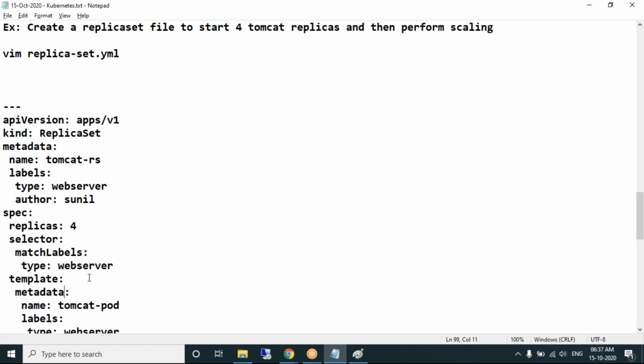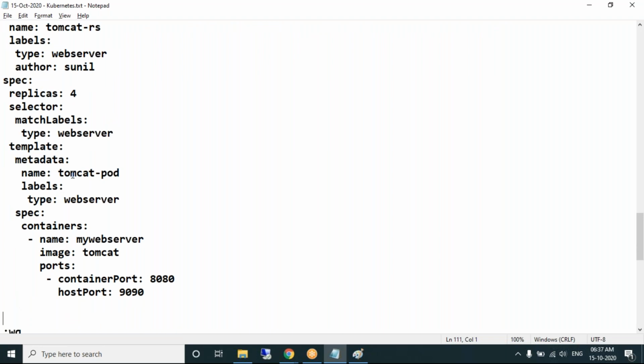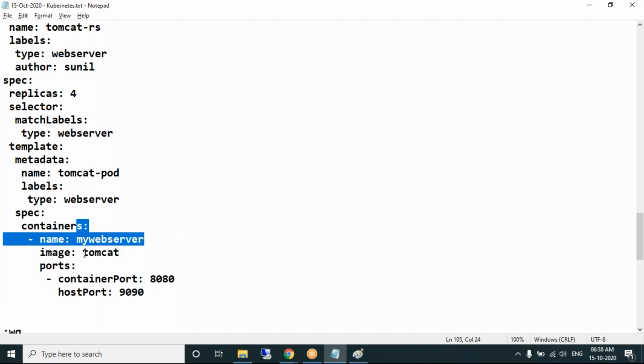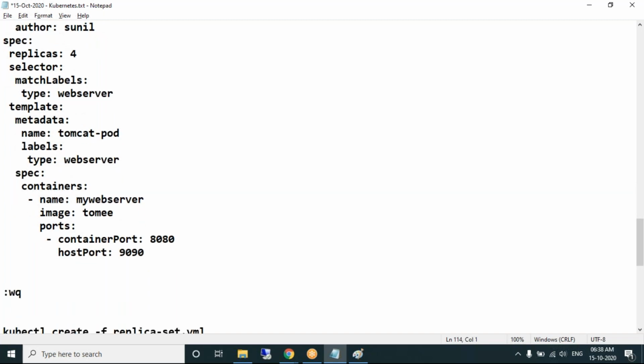Under the template section, you know what a template is all about. Metadata is Tomcat pod, with label type as web server. In the specification we should mention the container information: name of the container, my web server, from the image Tomcat. The default port is 8080, mapping it to 9090.